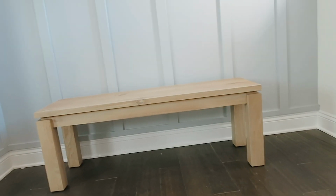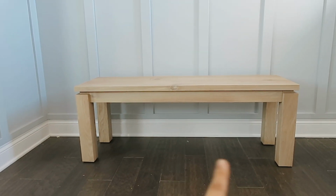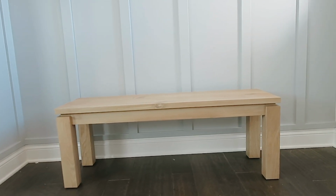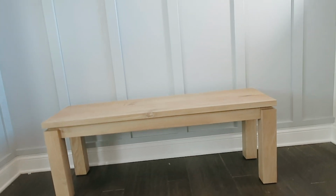But I really loved the simplicity of this one, and the fact that there was no wooden bar on the bottom, so I can put two baskets below this bench. I also have the baskets from Target that I'll put right now. I'm going to decorate the space a little bit more, but before I do that, I also wanted to